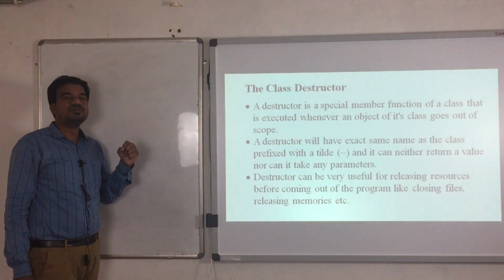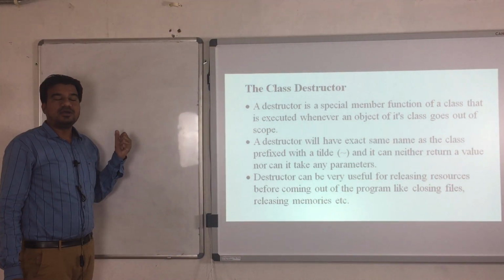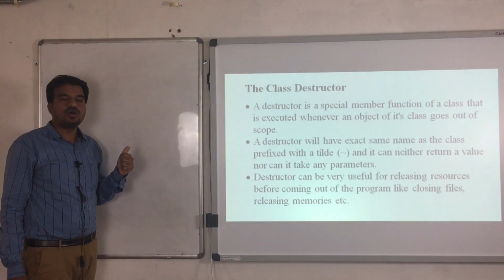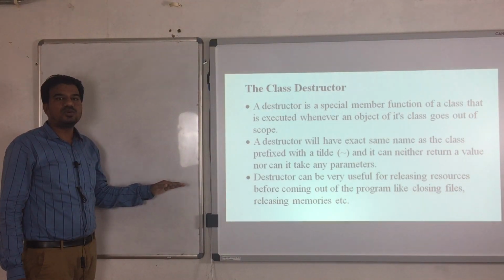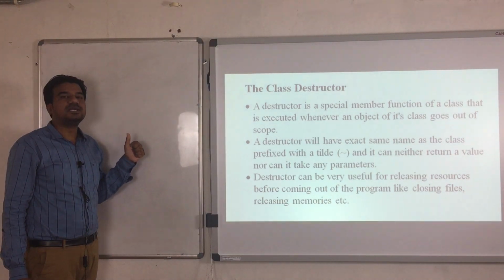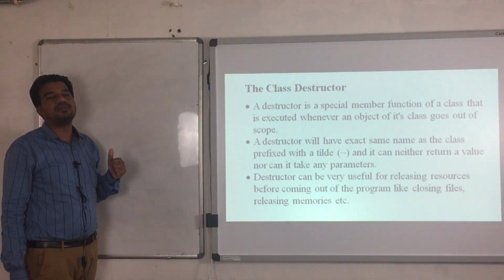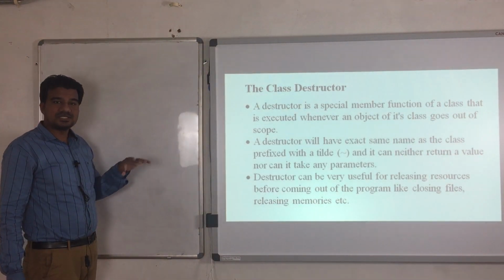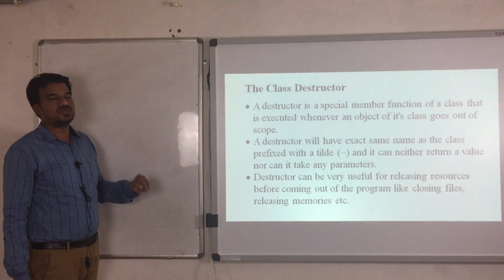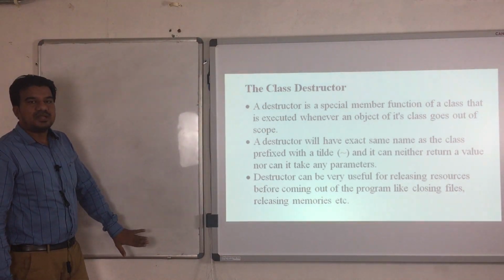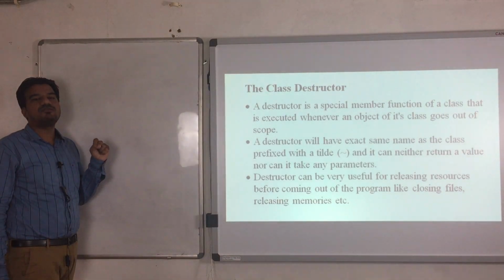They are going to consume the complete main memory of your computer. It is not an efficient thing. Economically, if we think, it is not an efficient thing. So whenever we are allocating the memory, definitely we have to destroy, deallocate, or release that memory. So the job of the destructor is to do that only, to destroy or deallocate or release your memory resources. Okay, so like your constructor, the destructor is also a special type of member function.